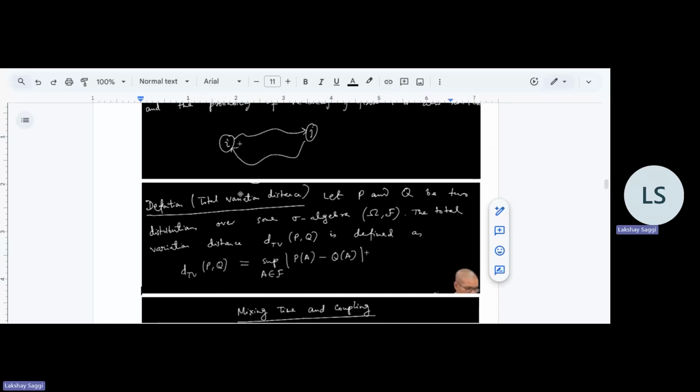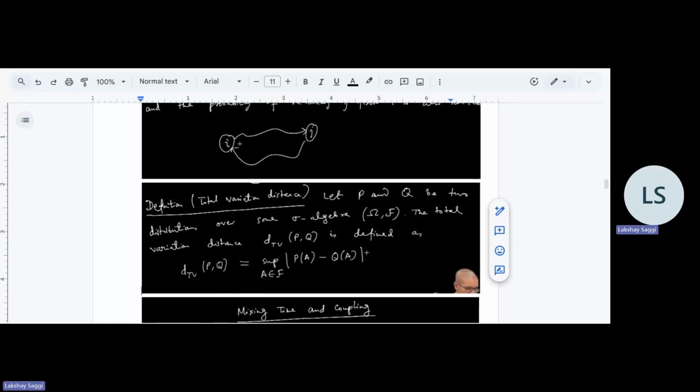So given two distributions P and Q, the total variation distance between P and Q is just the supremum over all possible events A of the modulus of P of A minus Q of A. So essentially, if you are given distributions P and Q, what's the set of events,